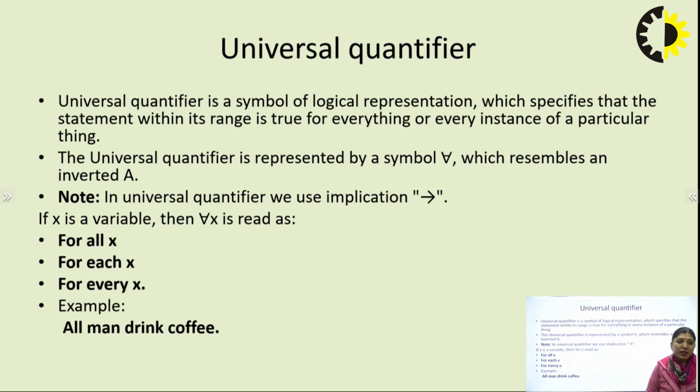Fine. So it's mentioned here, if x is a variable, then the symbol of the universal quantifier ∀x is read as for all x. We can read it like that. We can simply call this as for all x, or for each x, or for every x. Remember that whenever you see this symbol, you always have to speak like that. The machine will understand all these concepts, but whenever you are speaking in terms of logic or propositional logic, at that time you have to speak in terms of for all x, for each x, and for every x.